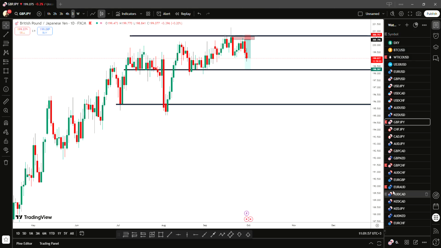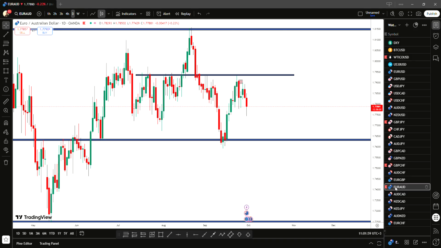So I'll start from Euro AUD, and then all these pairs I've highlighted, I'm going to be talking through them. So I'll start with Euro AUD. Remember, the strategy is very simple. Step by step